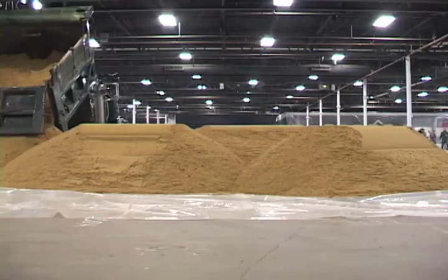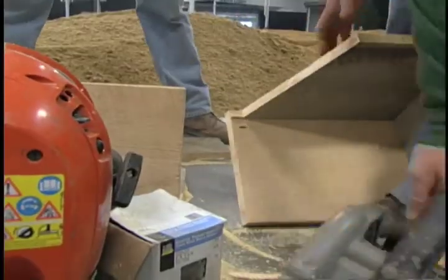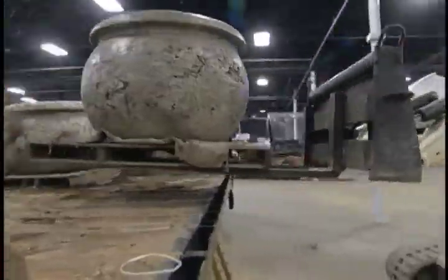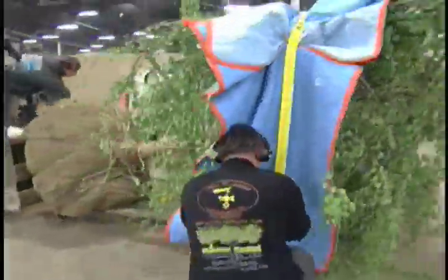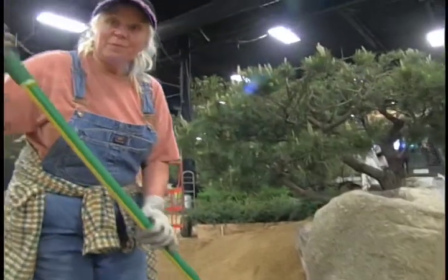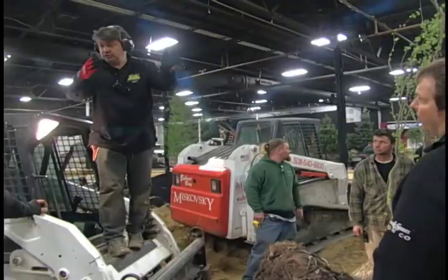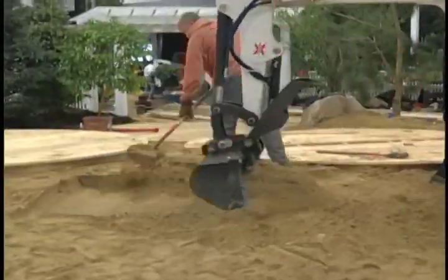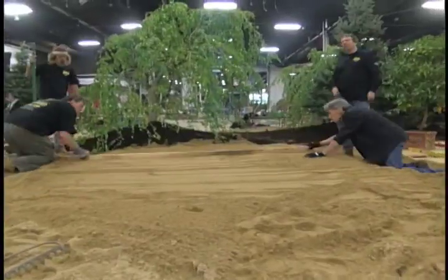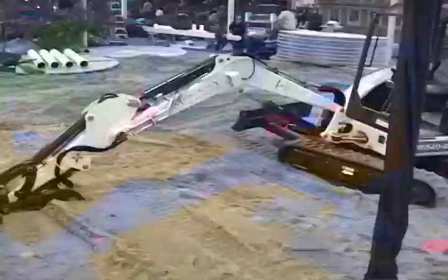Flower show process to me is like building out of a box. You're bringing it all in a box, and you're starting with a concrete floor, and when all is said and done, you're creating this wondrous little space. And I think the reason why I do it is it's a challenge to get it all right,